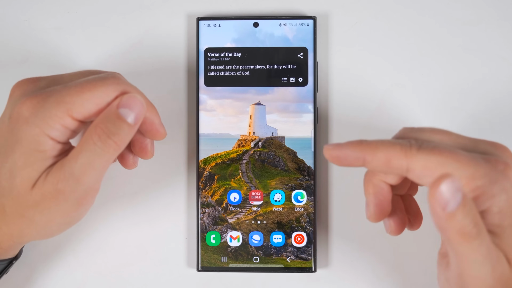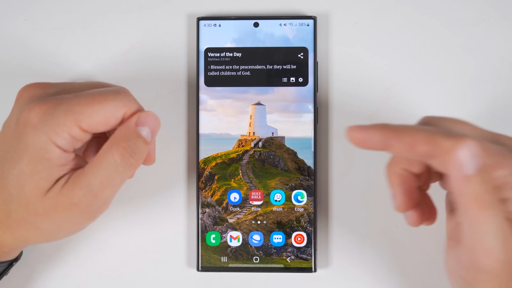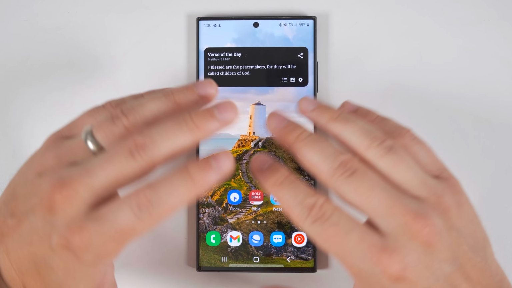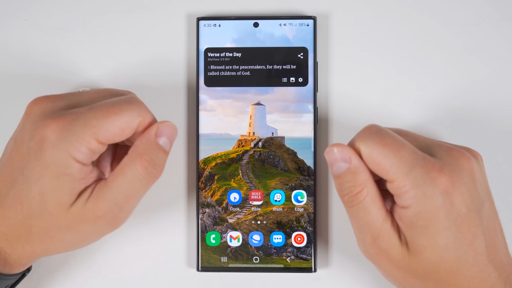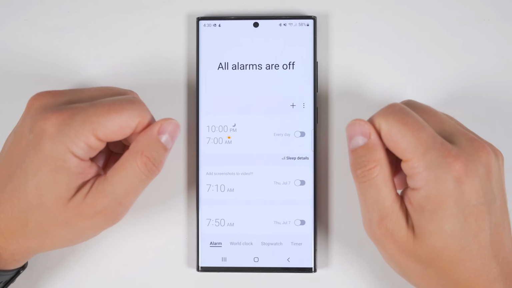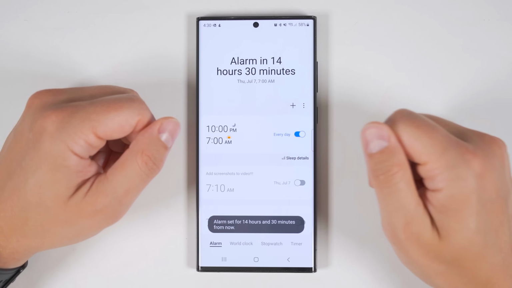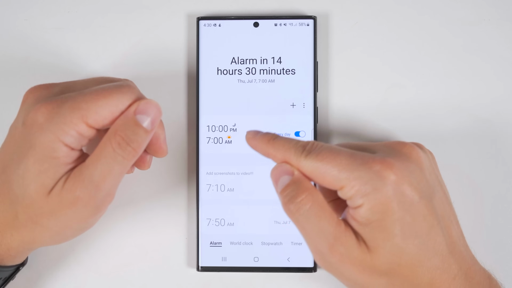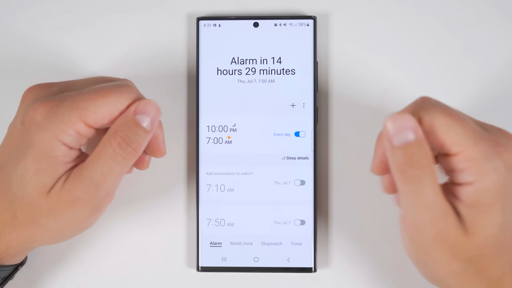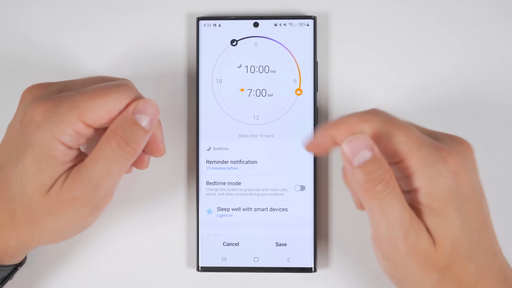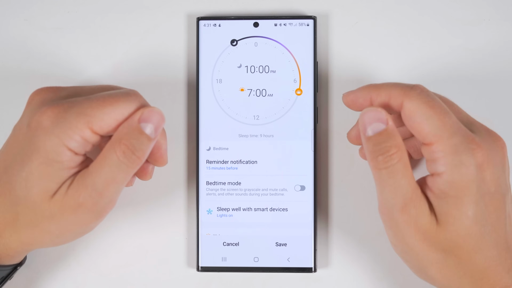You can have your lights, TV, or any other smart device that's connected to the SmartThings application turn off automatically whenever you fall asleep. To enable this, open up the clock application and enable these sleep-wake timers here. This will set an alarm to remind you to go to sleep at a specific time and also wake up at a specific time. If you tap the time, you can change the times, but more importantly, you get this